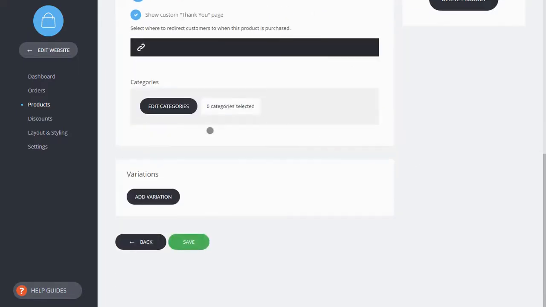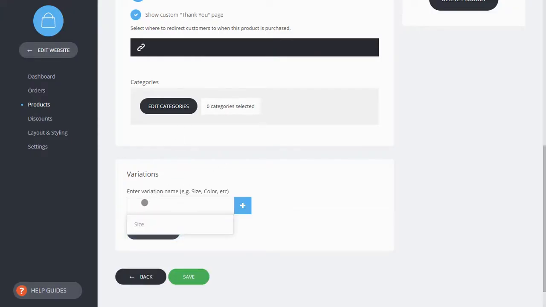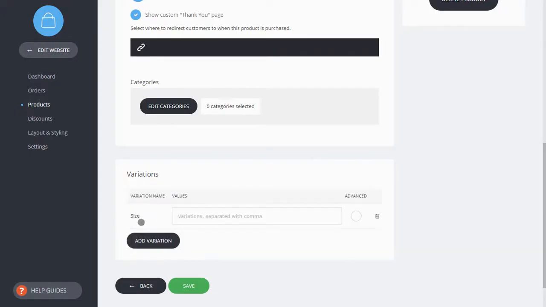Lastly, you can create variations for each product. You can click on Add Variation, and automatically you'll see all the different variations that are already created. So, for example, size is already created, and size has big and small as types. So this way you can create as many different variations and their